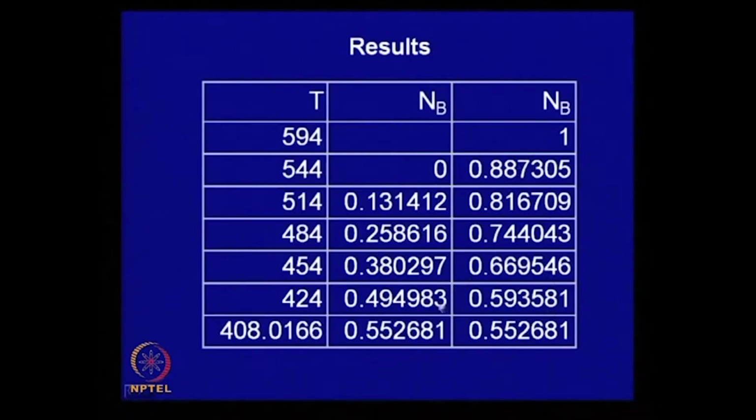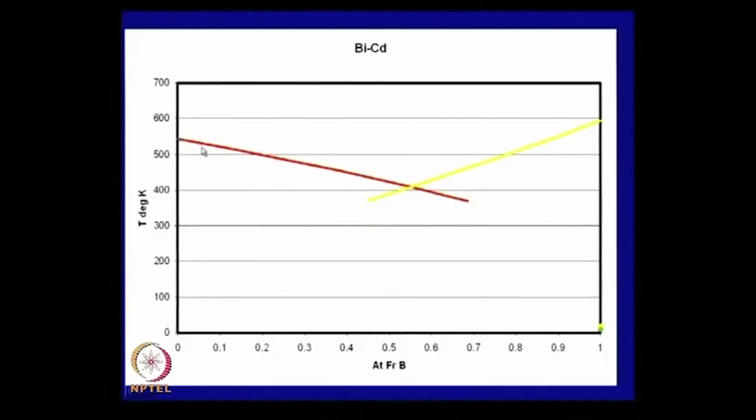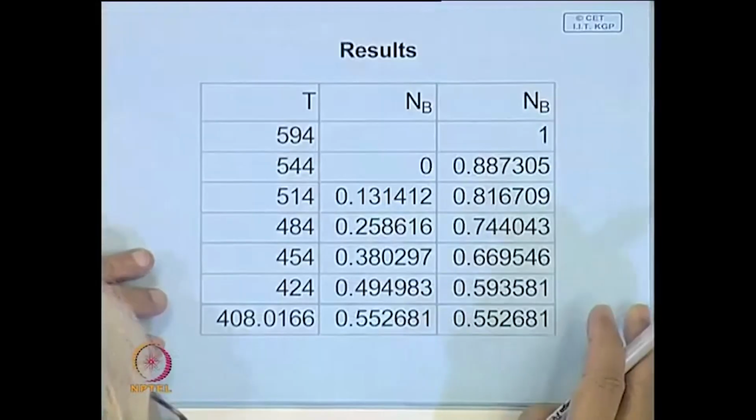And this is the other one, and if you plot the two, this is the diagram you get. The eutectic composition comes out to be close to around, let us say, 0.55 atom fraction, and this temperature comes out to be 408 degree Kelvin. So, in fact, if you check this diagram, you will find